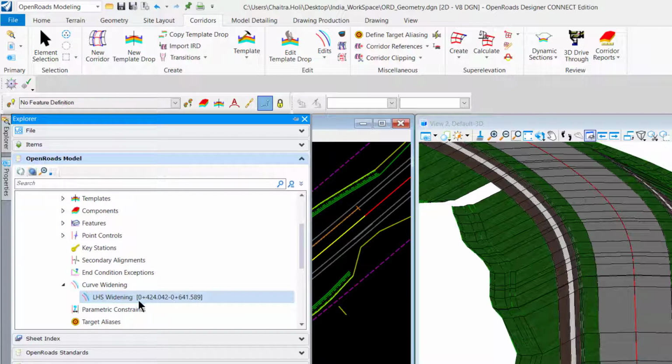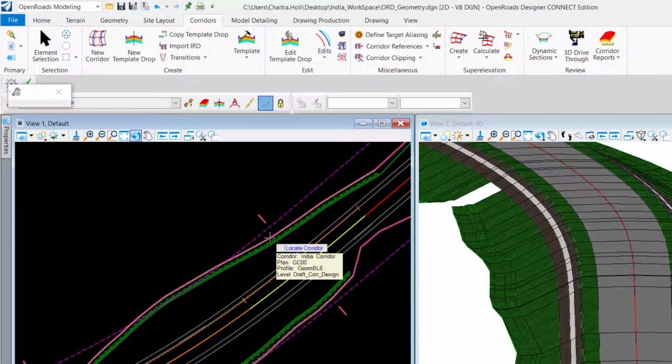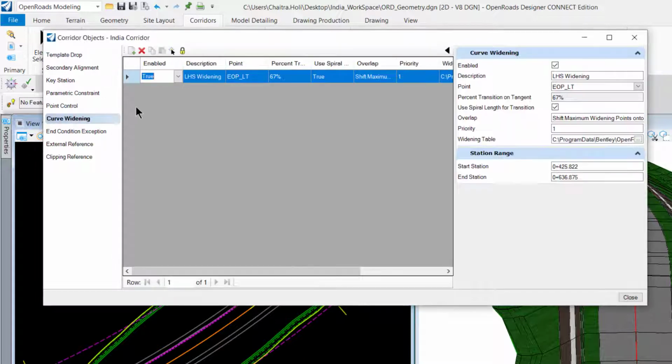It shows from what chainage to what chainage the widening has taken place. You could also view it in the corridor dialog box by going under the Edit category. Choose the corridor and you could see the curve widening, with the values that have been considered to process it. You could make the necessary changes over here, which dynamically updates your corridor.